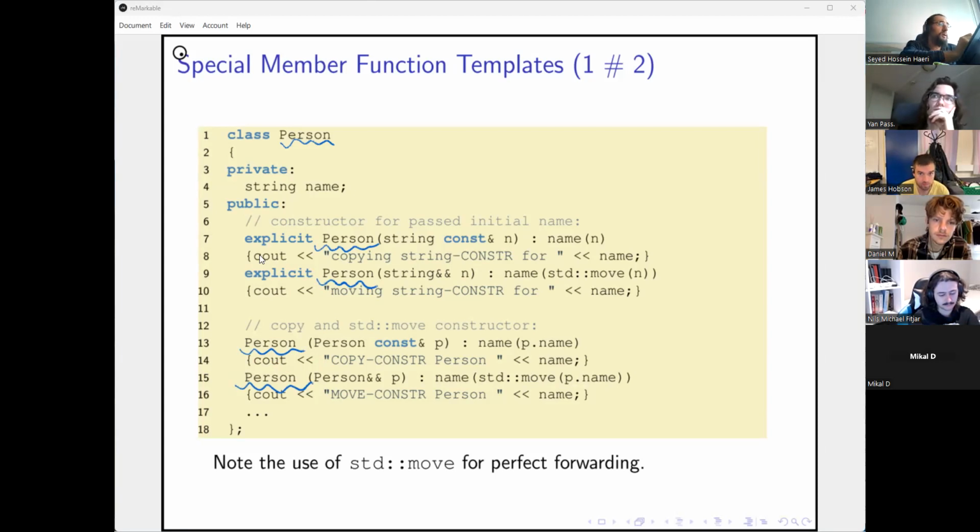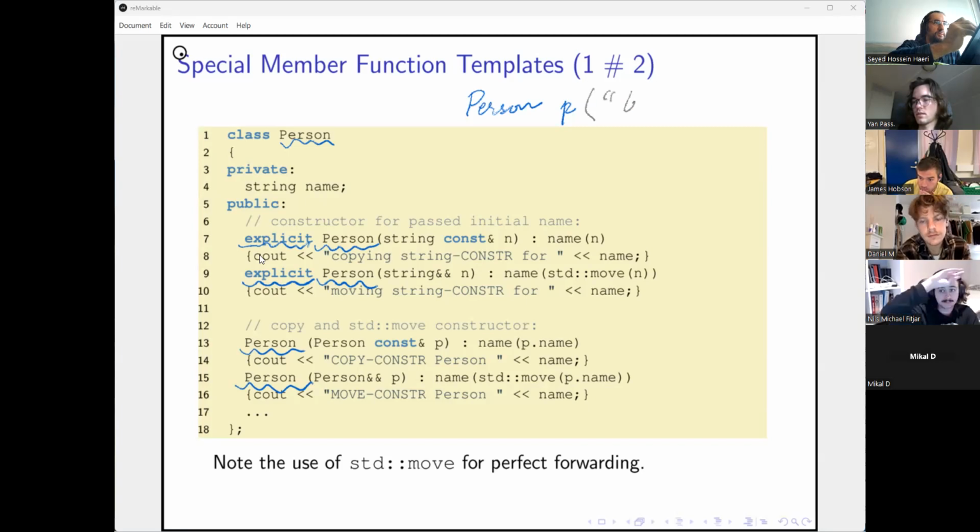Now, 2 of them are marked explicit. That means that if I want to do a person P of test, that's fine, because I'm being explicit about P taking a string, so this overload will be called.